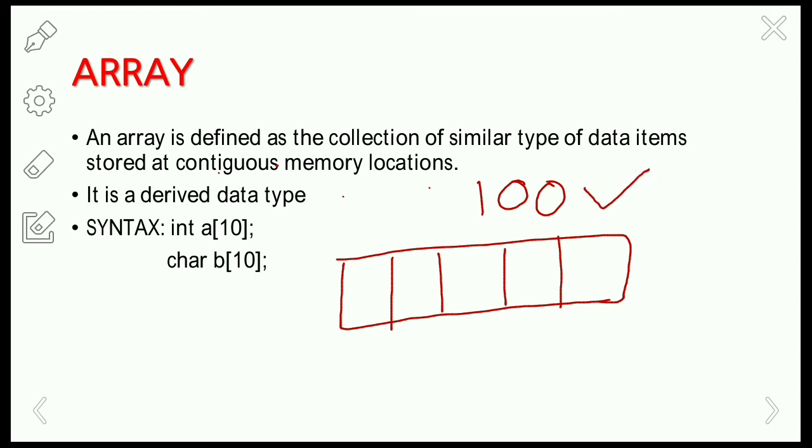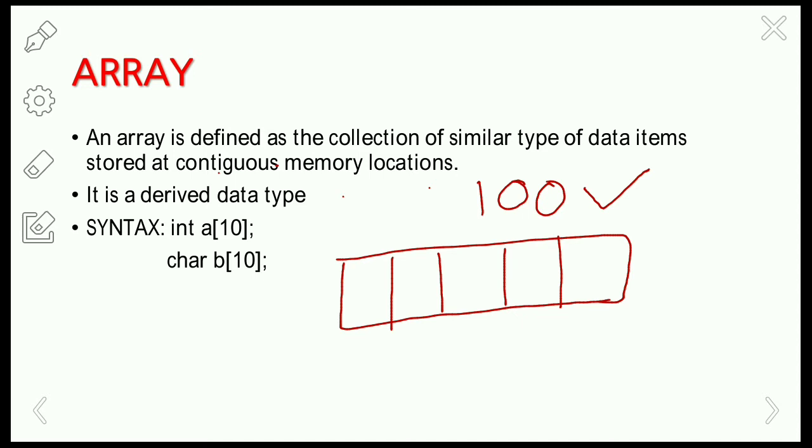That's why it is also called a sequence of data items of homogeneous data type. That means we are going to store a sequence of data values of the same data type. So in the array we can store values of the same data type with a single variable name.